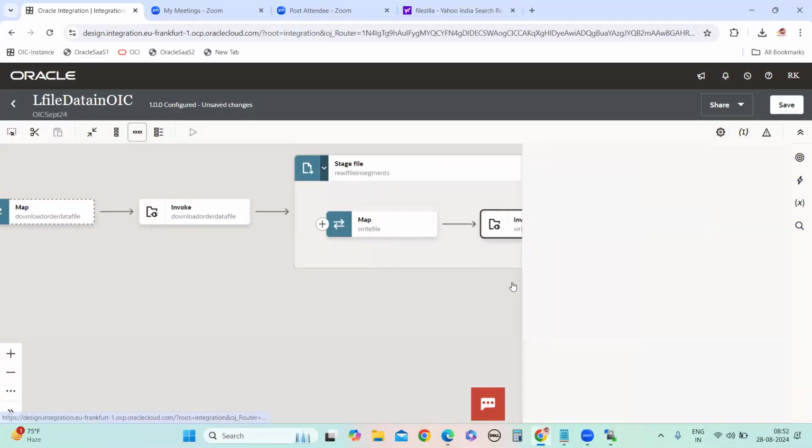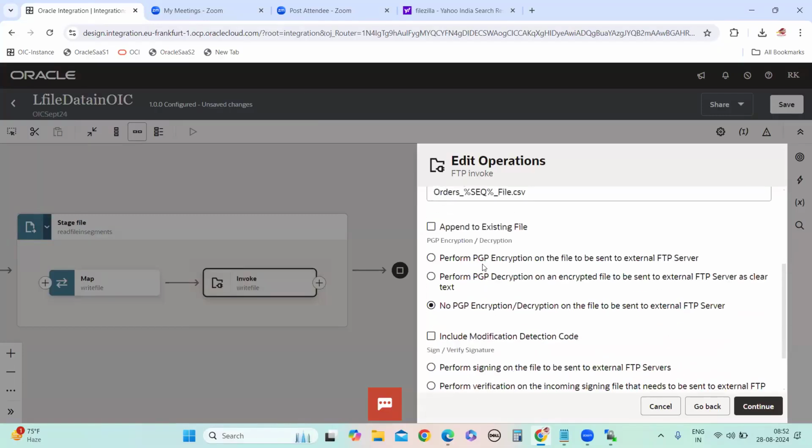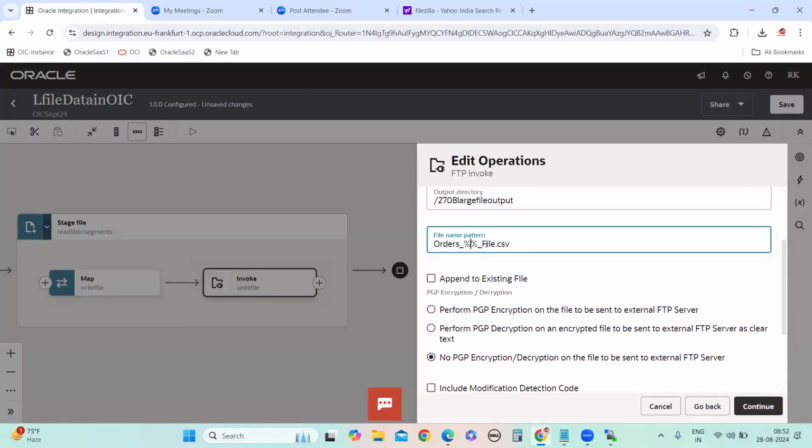Only thing is you have to put it like this. So remove this because I don't want to maintain any sequence, right?